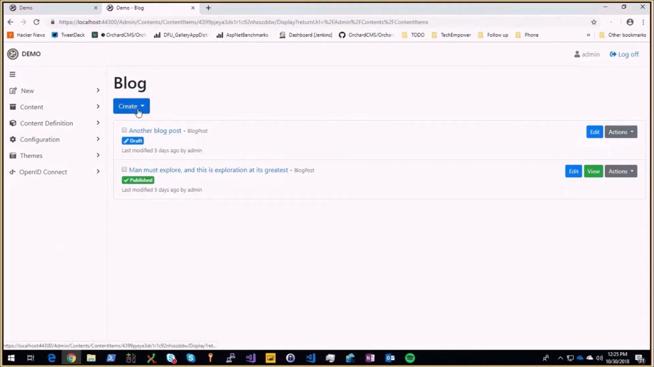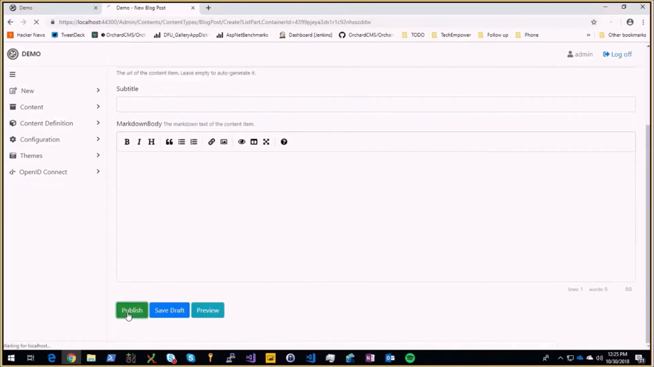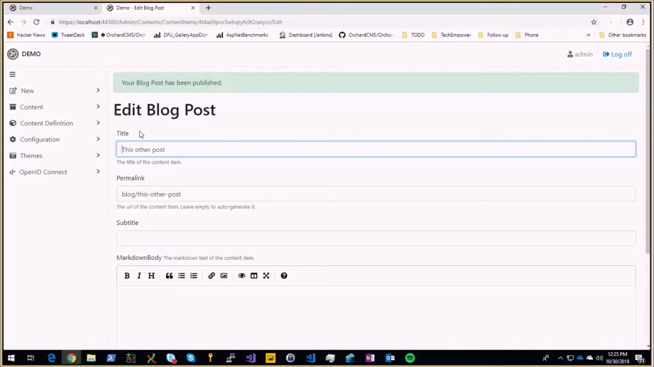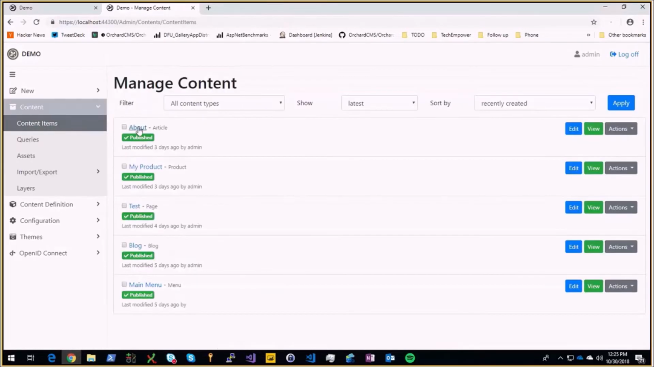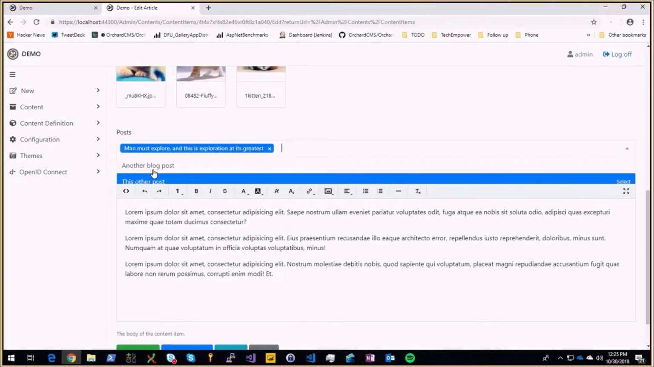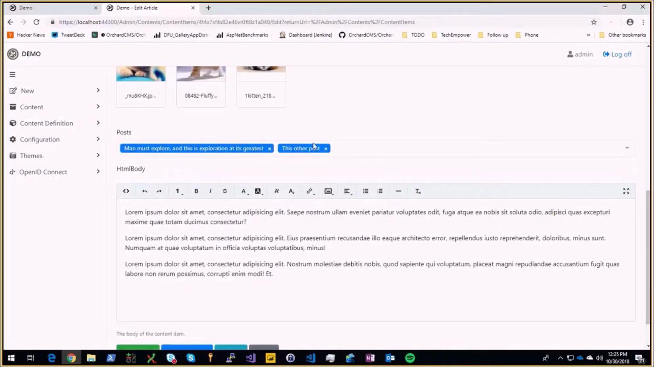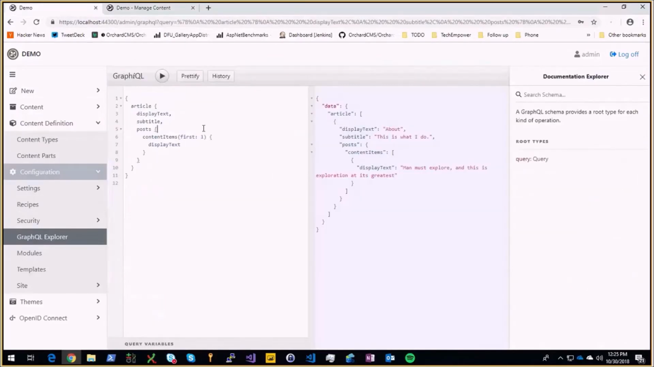No, I want to create a new one because I want to have a draft one. This other post, okay, and I don't care about the content, publish. So I have another blog post. Now I have 3 blog posts and 2 are published. So in the about page, which is my article, I have currently selected 1 post in the content items. Now if I select another one, this other post, and I say publish, and I do the same query, I